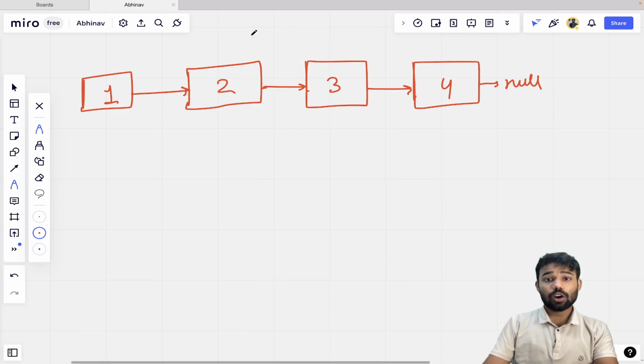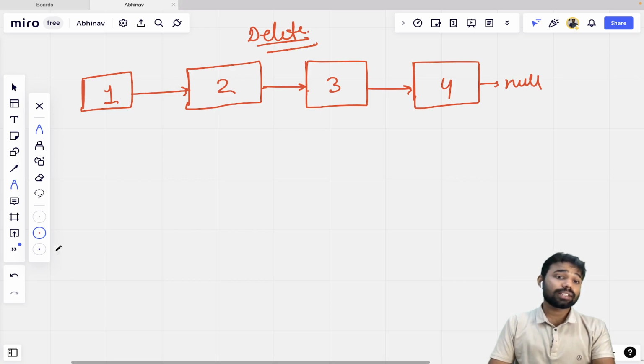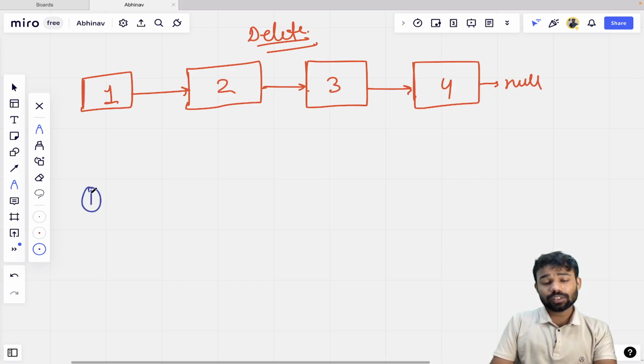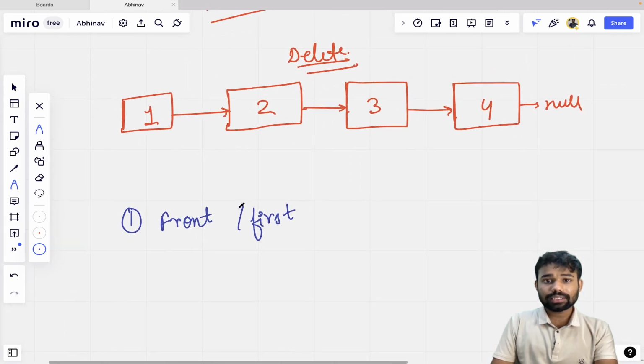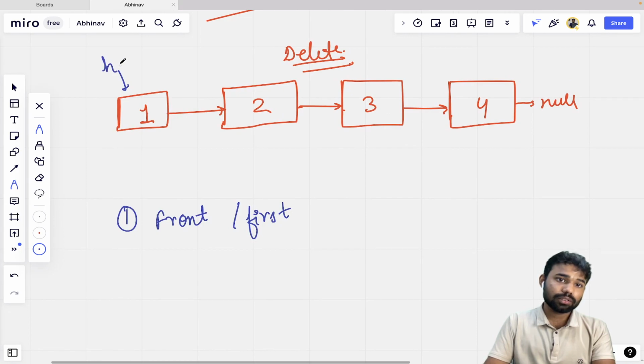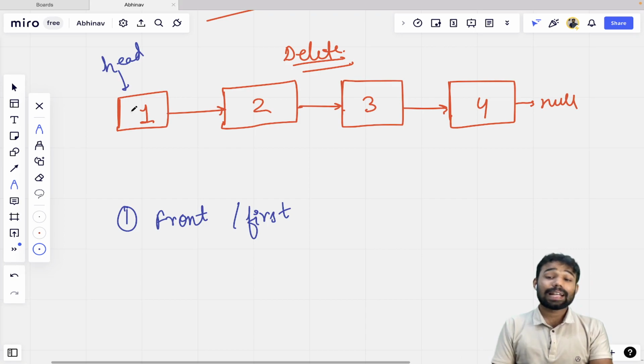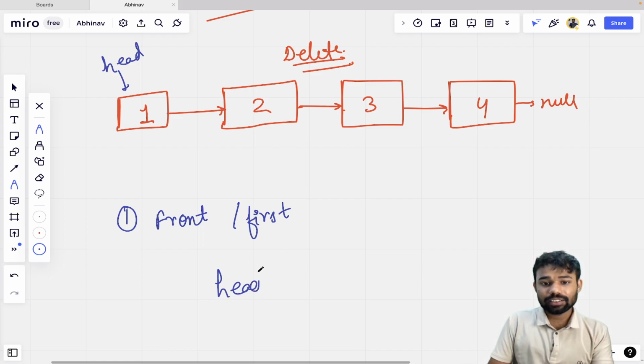Now let's talk about how we can delete a node in a linked list. So the first case of deleting a node is delete from front, means delete the first node of the linked list. Let's take that this is the linked list given to us and this is the head node. We have to remove this particular head node. Let me tell you that for removing the head node, we only have a single line to write, which is head is equal to head dot